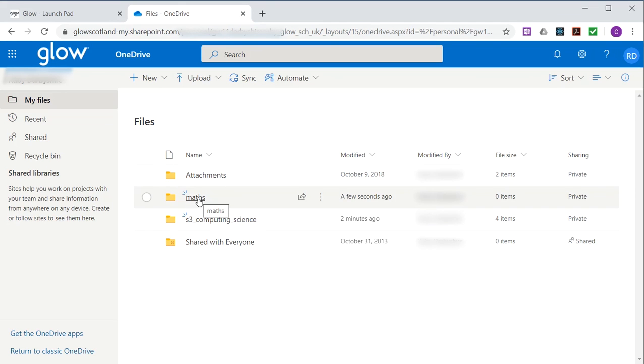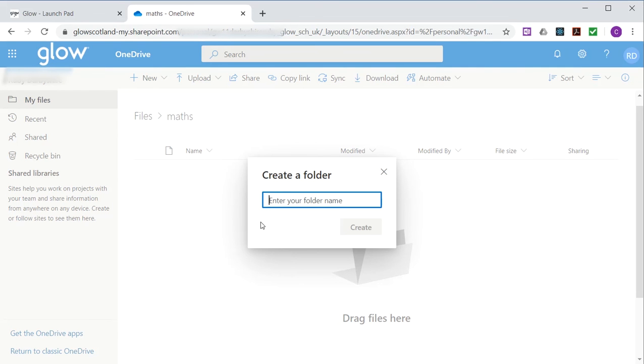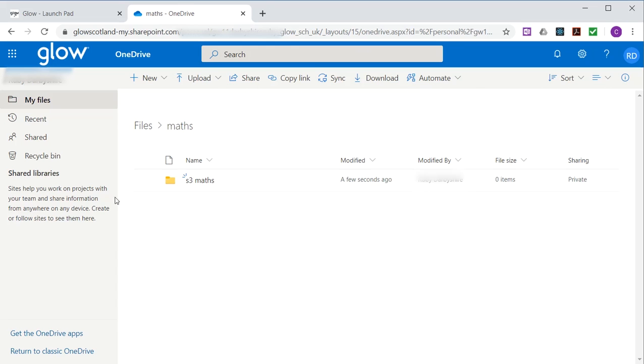So if you have one folder for maths, when you go into your maths folder, you might want to make a folder called S1 Maths, S2 Maths, S3 Maths, National 5 Maths, Higher Maths, Advanced Higher Maths, so that for every year that you're at the school, your files are stored and you can easily go and get them. So let's do an S3 Maths. Yeah. So your S3 Maths is inside your Maths folder